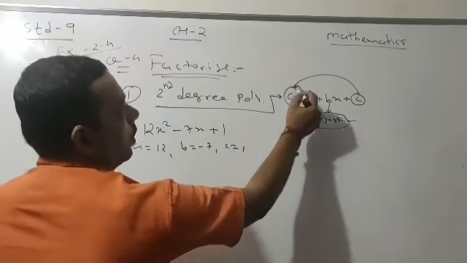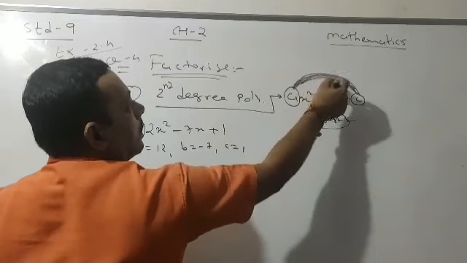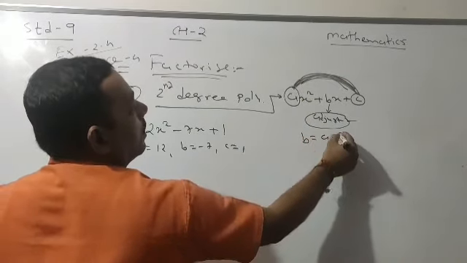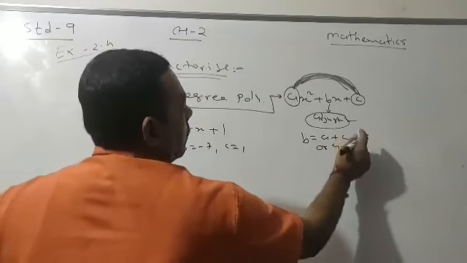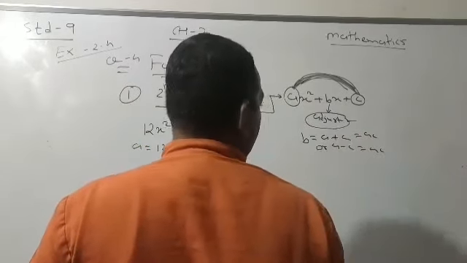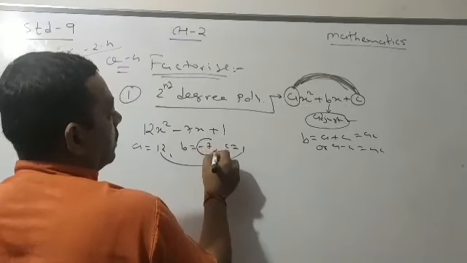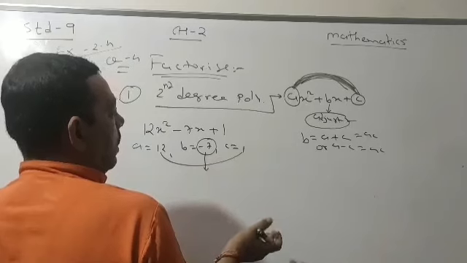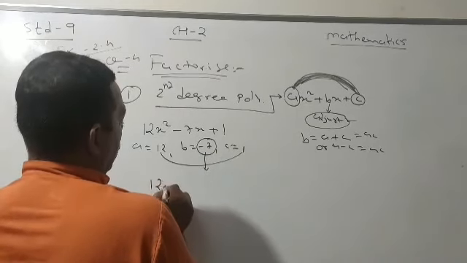Now as I told you, you always have to take the product of a and c. What you have to write: b is the combination of either a plus c or a minus c. This is the ac we have to write. Now see, 12 ones are 12, so you have to express this 7 as the combination of either addition or subtraction. Now tell me the factors of 12.